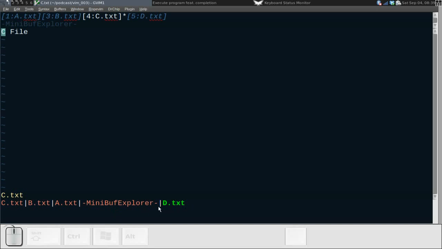And what's really nice is that to open a file, you actually just hit that letter twice. Once to highlight and verify, yes, that's the one you want. So let's go ahead and hit S twice and open up B. Now B is moved up to the front. And notice how the plugin just kind of disappears and goes away. You did your work. You opened the buffer that you wanted.